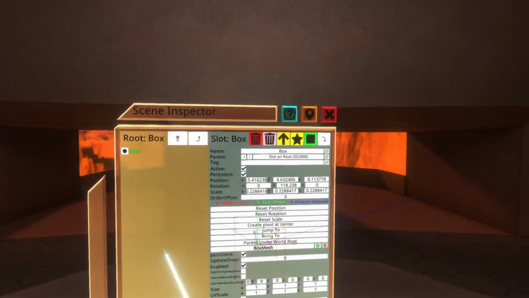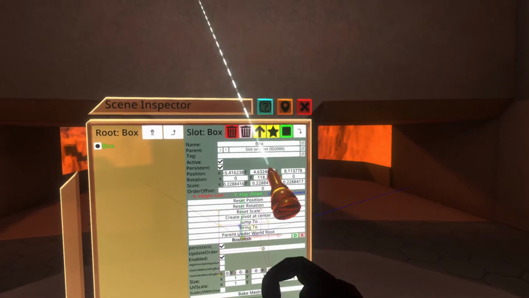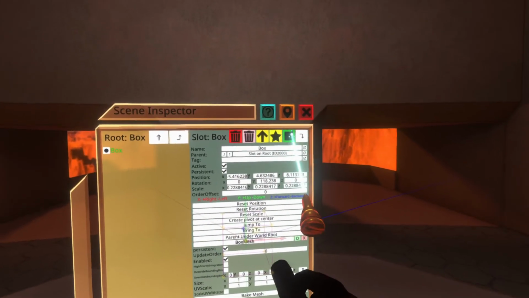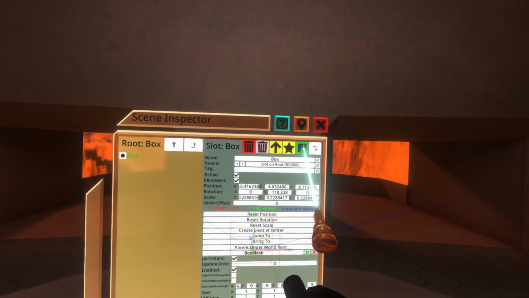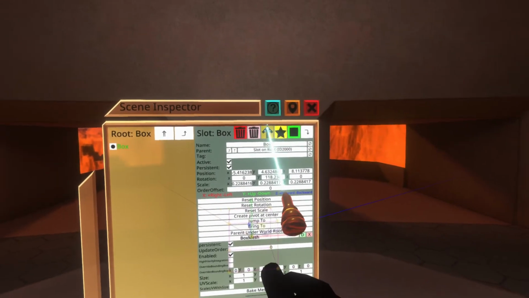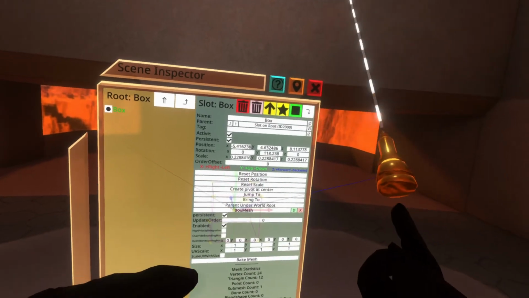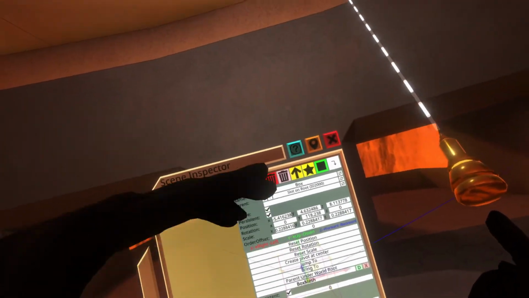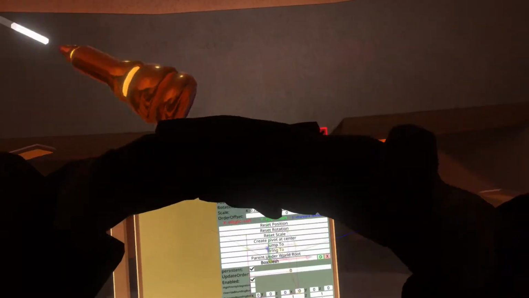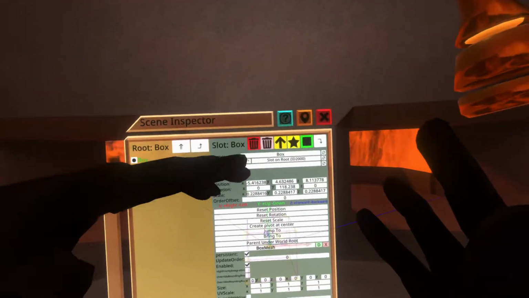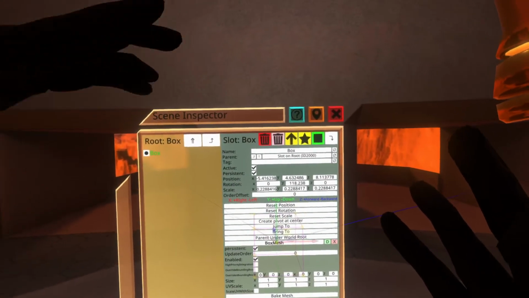With it open in the inspector, we can now talk about the next three buttons. I call this one up, star, and green square or duplicate, because I know what these all mean. So, up here, what this will do is create a parent object above the box, parent the box to that new parent object, and then set the transform of that parent object to the current